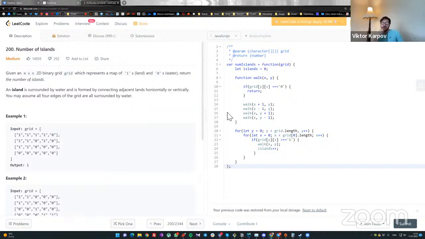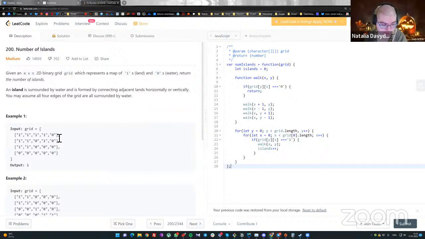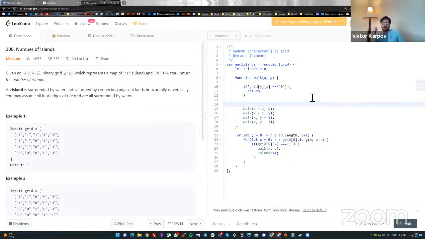So about borders: we should not go right or left if the item just doesn't exist. So we need some more if statements. Exactly, because if you imagine that you are at this left border,